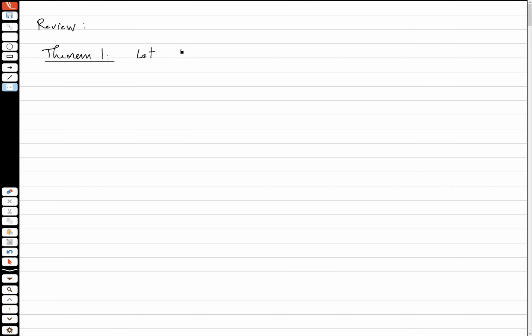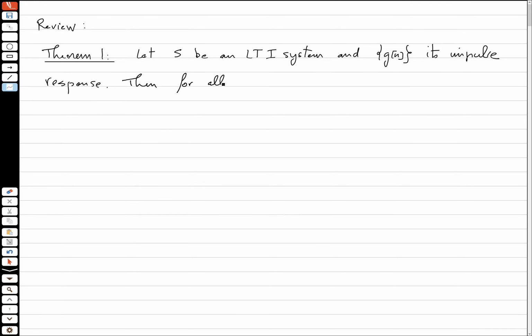Let S be an LTI system, and g of n its impulse response. Then for all inputs x of n,